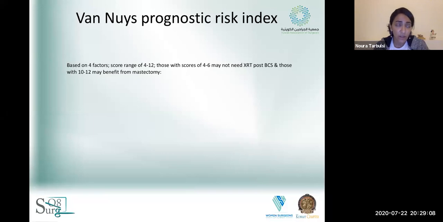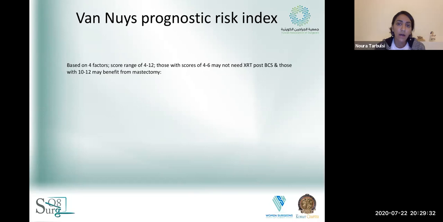Van Nuys prognostic index is very important to know for your exam. It's based on 4 factors, and it's a score that ranges from a minimum of 4, so if they get 1 on each of the 4, then this is the lowest, or a maximum of 12. For those who get a score between 4 to 6, they have very